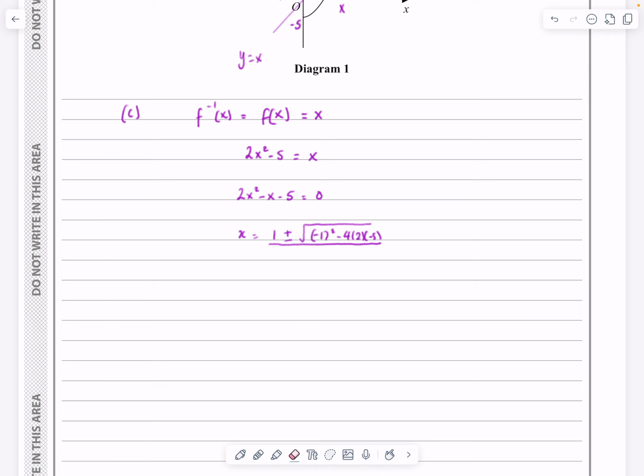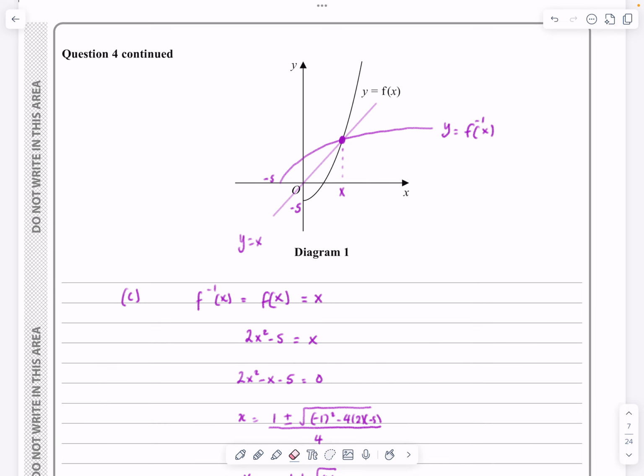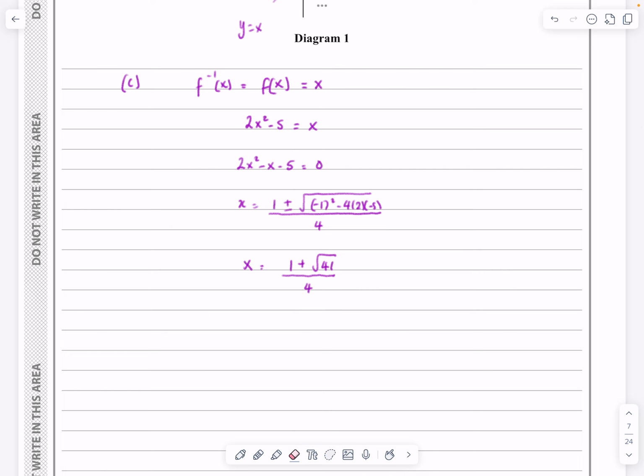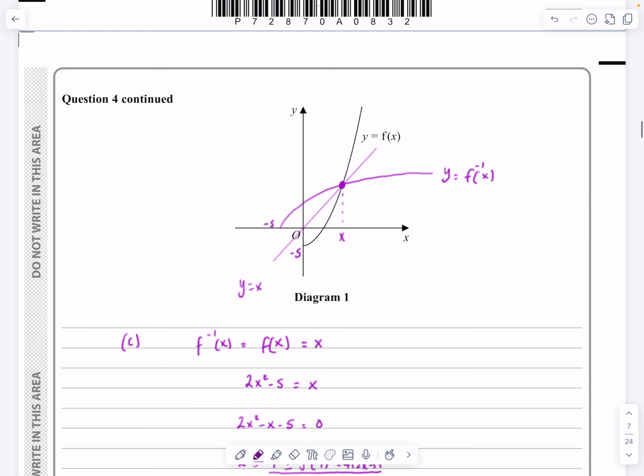Perhaps improve the handwriting of that. All over 4, and then I'll just give you the answers there. So that works out to be 1 plus or minus root 41 over 4. And then actually, because I can see the value for x is positive, it's 1 plus root 41 over 4, not 1 minus root 41 over 4. So that's the final answer for the exact x value where f to the minus 1 of x equals f(x), and hopefully that'll